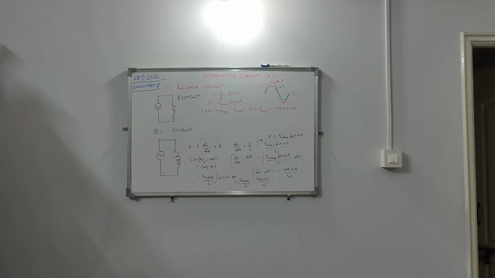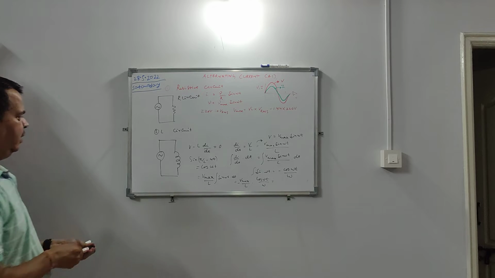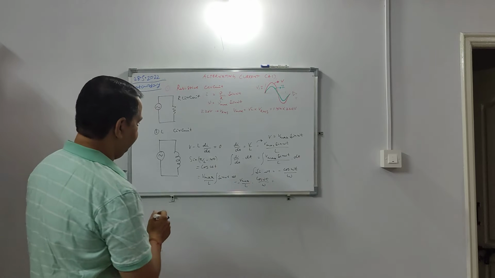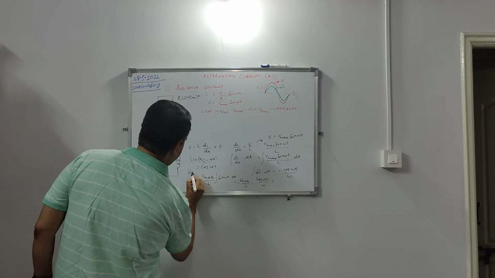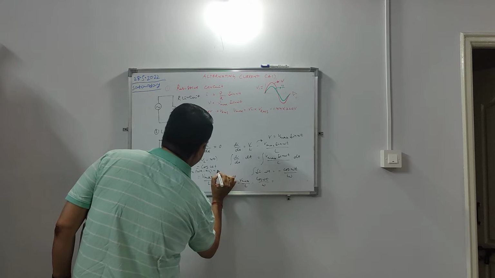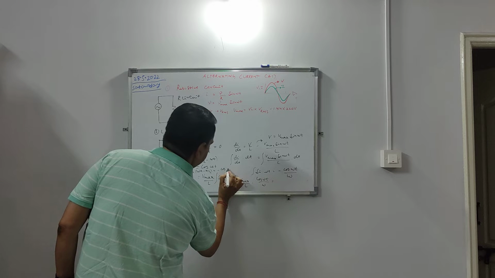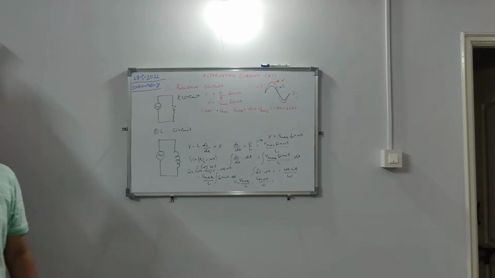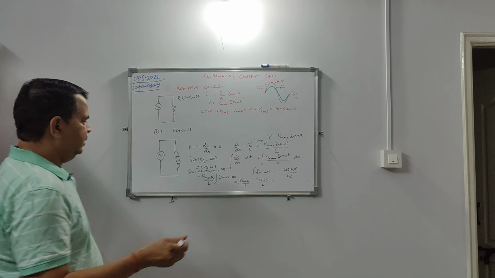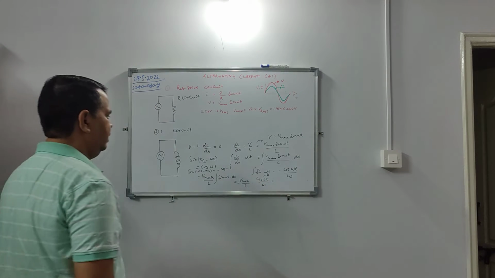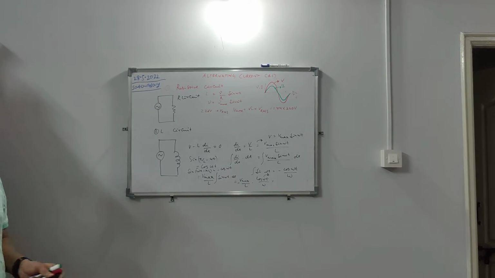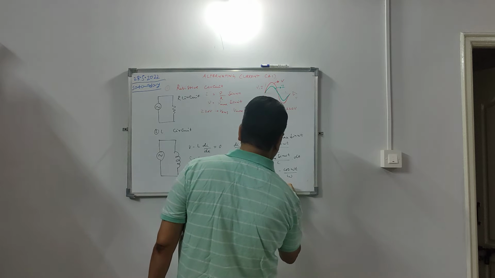So sine of omega t minus pi by 2 is equal to minus cos omega t. So this minus cos omega t I can replace by sin of omega t minus pi by 2, right? So V max by L,